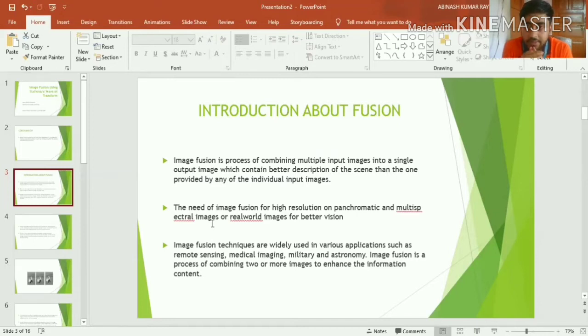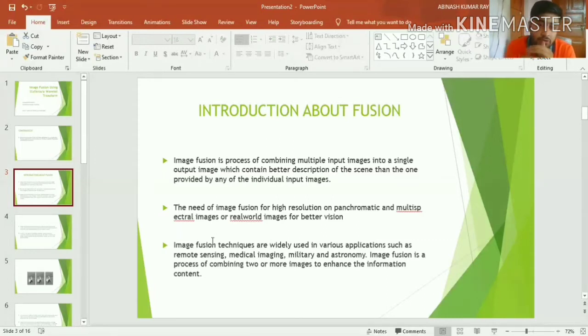A researcher or scientist may want a high resolution image, but it is not always convenient to have a high resolution camera lens, which might be a costly affair. So the solution to that problem is taking multiple images and fusing them, and we can still get a higher resolution image to interpret the data well.